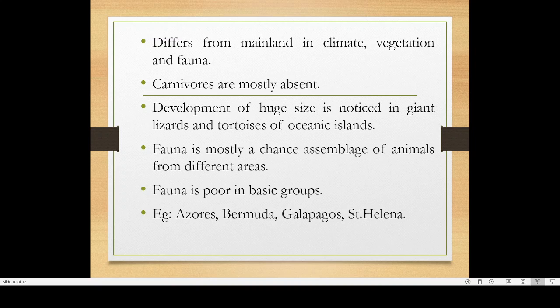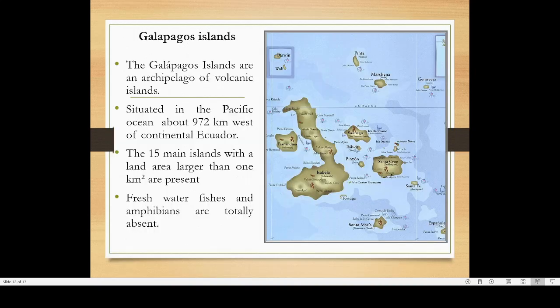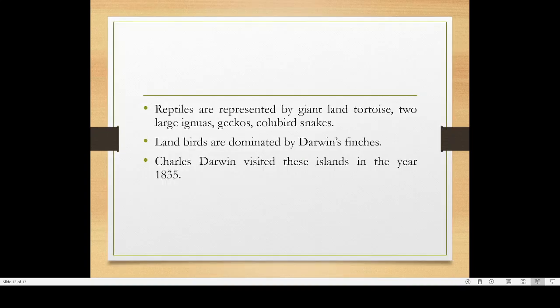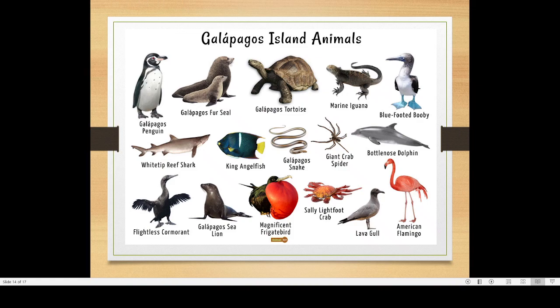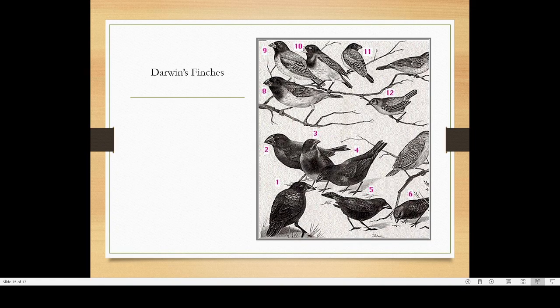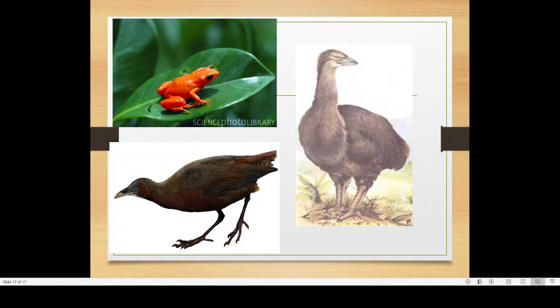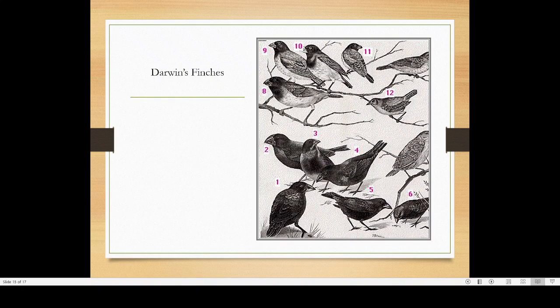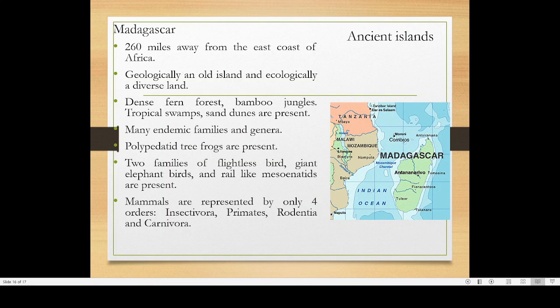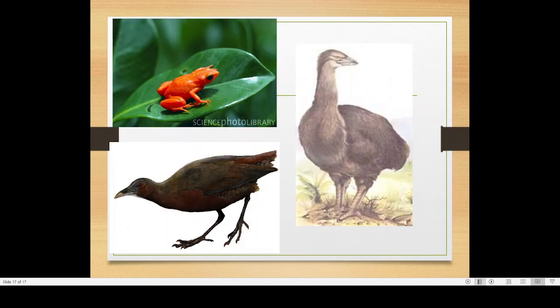So these are some of the famous oceanic islands: Azores, Bermuda, Galapagos Island and St. Helena. I think we will take Galapagos Island in our next class because regarding Galapagos Island we have to explain a little more. Now I am stopping here because I want to give you